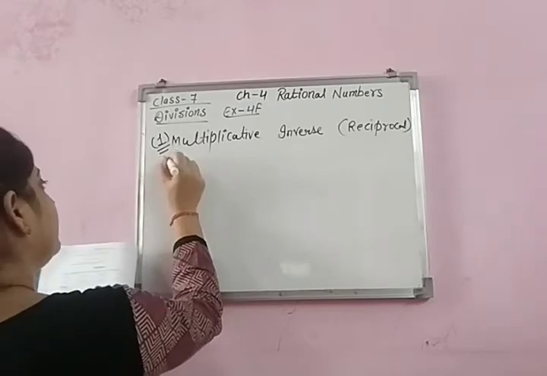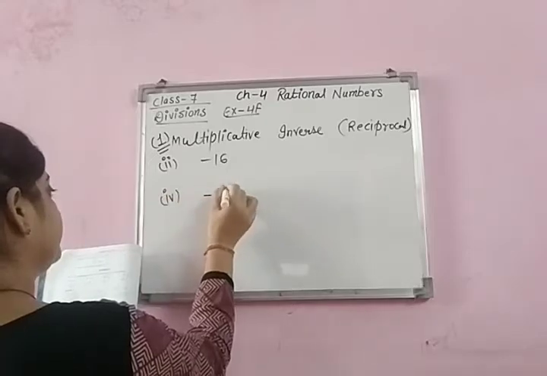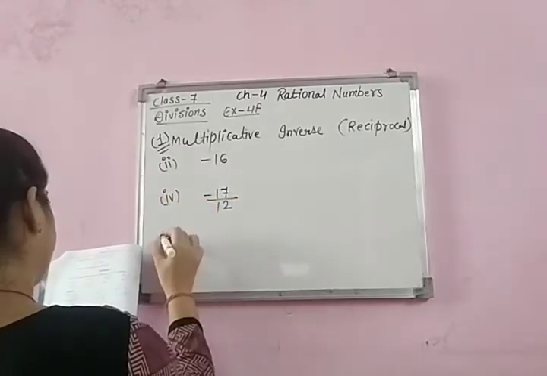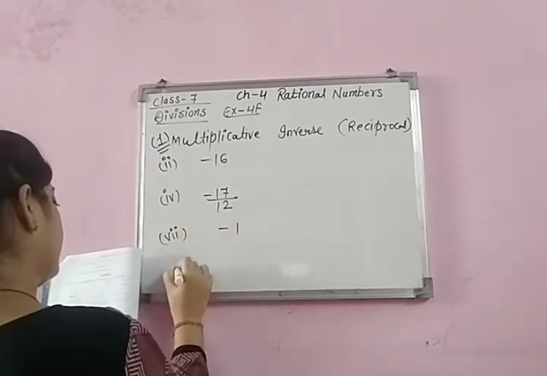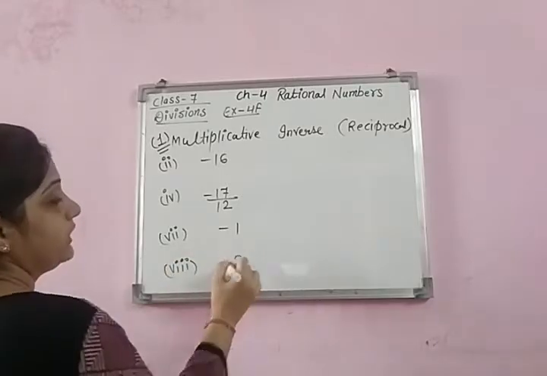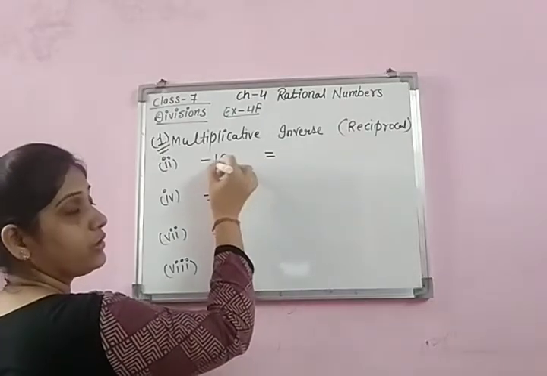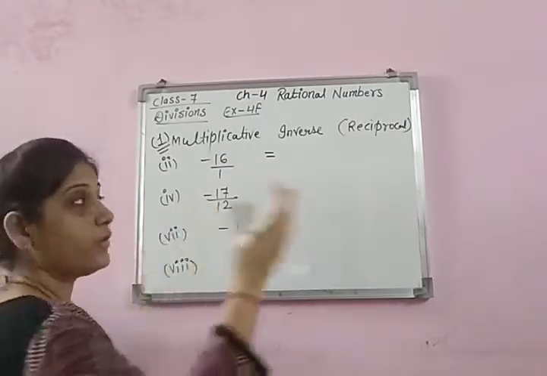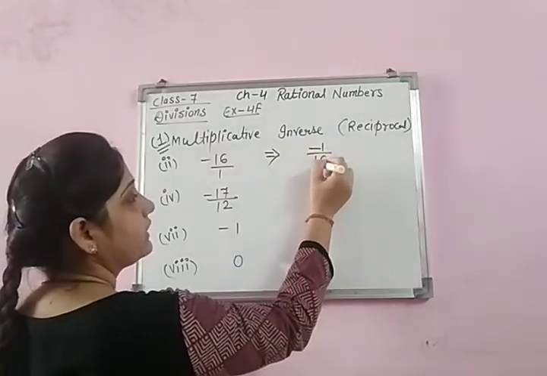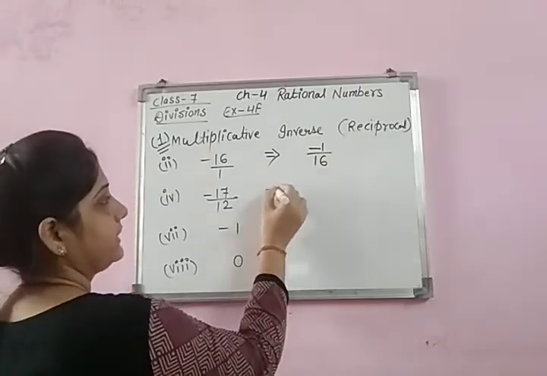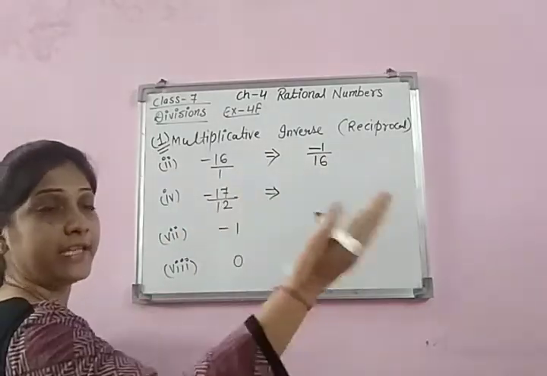So we will do certain sums to find the reciprocal. I am writing here 16, negative 12/17, 7, negative 1, and then 0. Now I want to write their reciprocals. If the denominator is not given, it is actually 1. So what will be the reciprocal of 16? Please don't put an equal sign. Negative 1/16. Minus 16 gives us minus 1/16. When you multiply, you will get 1.